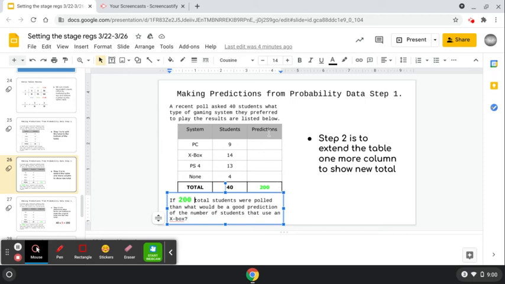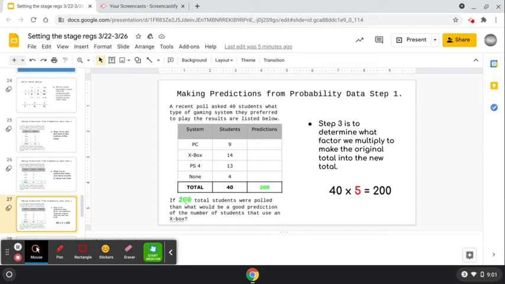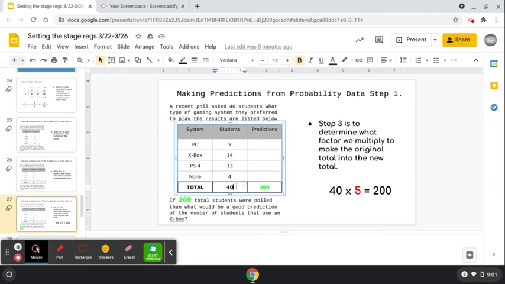So in this step, you make that new column, and this is where our answers will be. And we include that new total in that column because we do know that, right? Currently, we know we're trying to get to 200. All right, so the next step, and this is when the math starts, is we've got to determine what factor